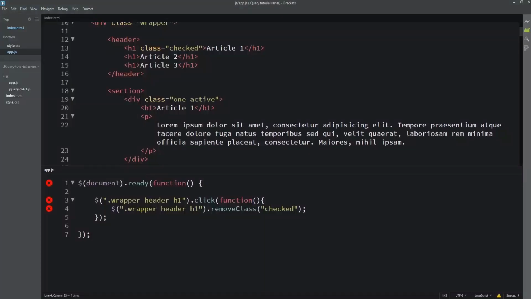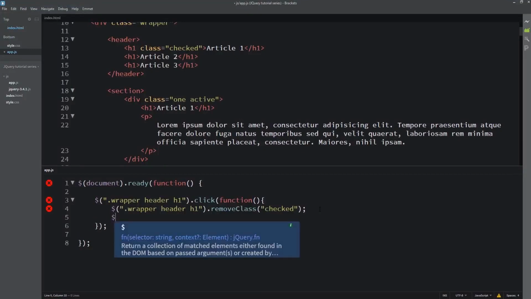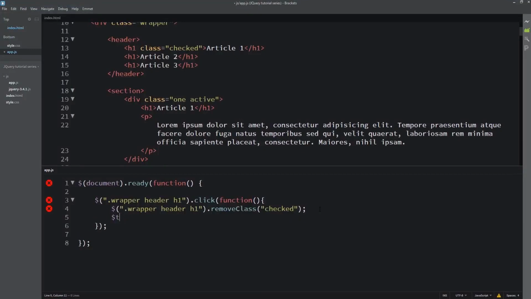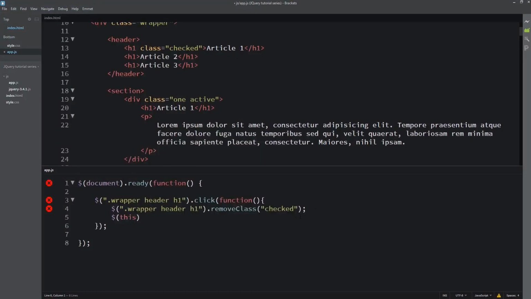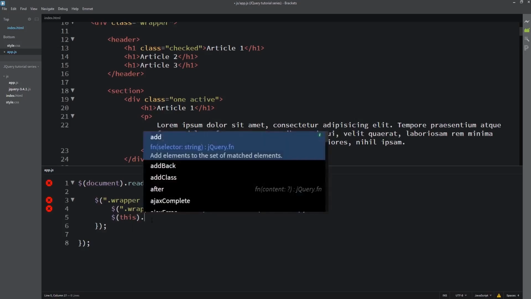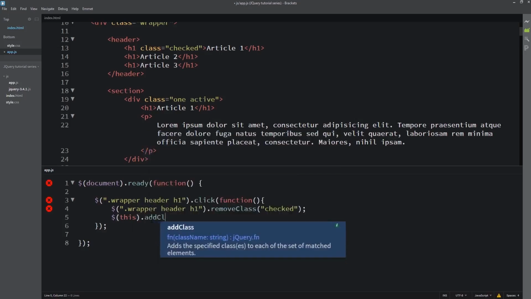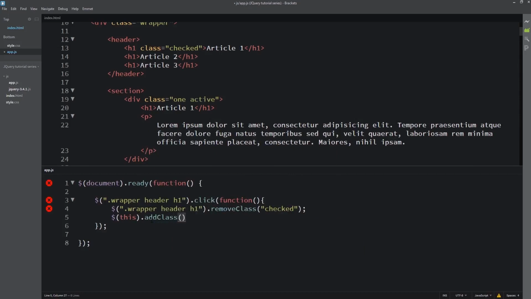So what we'll do is go back to the code. This particular one we click now, that is this. The particular H1 we click now, we'll target it and add that check class there. You get the scope now, the same.